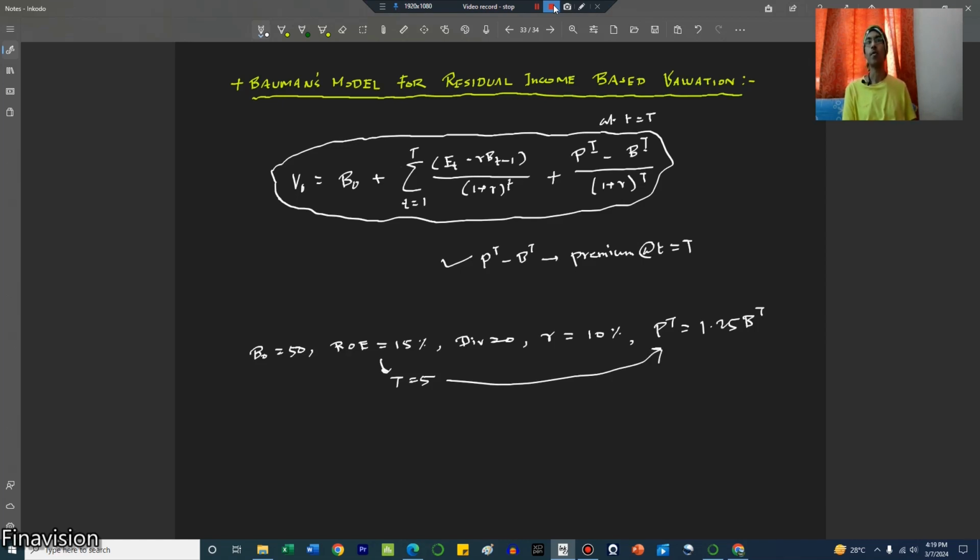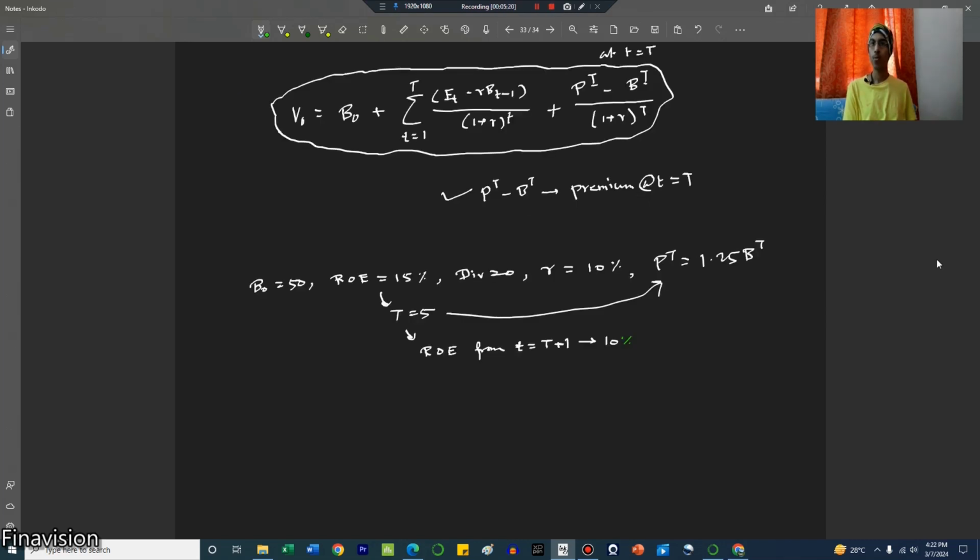So we have to find the valuation of this company. Now one more thing we have to assume here is that from T equal to 5, the residual incomes will become 0. That is, the ROE from 15% will move to 10%. Now we can easily write V0 is equal to B0 plus 0.15 minus 0.10 into B0 by 1 plus